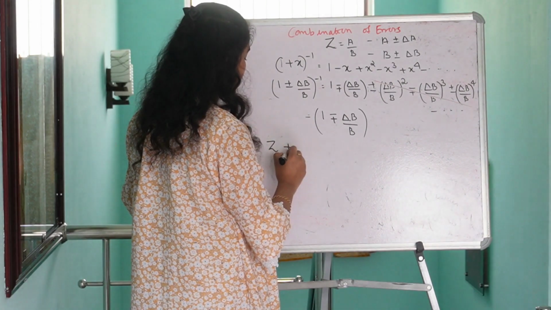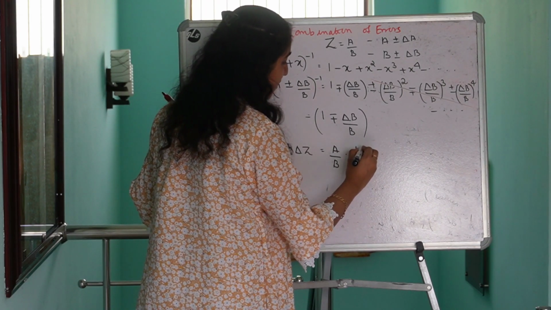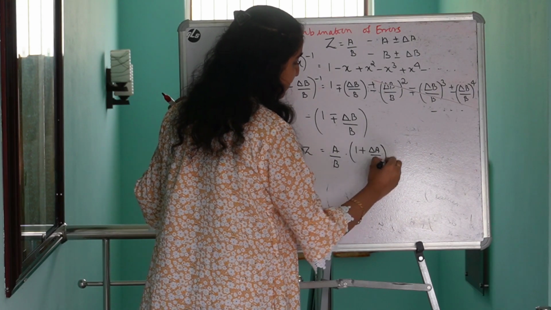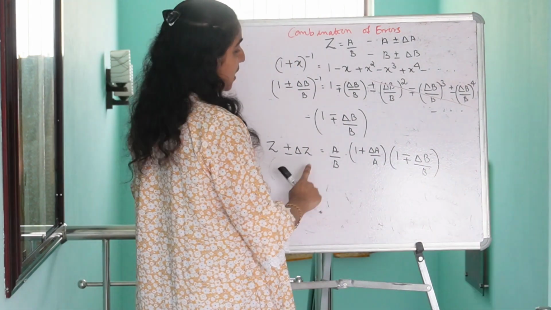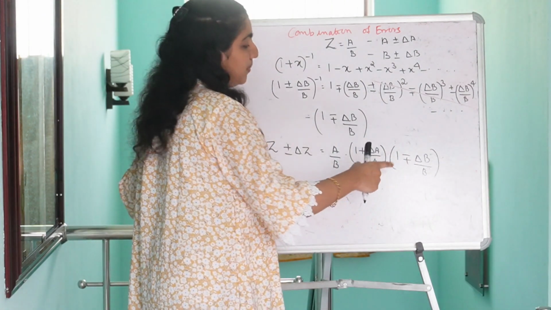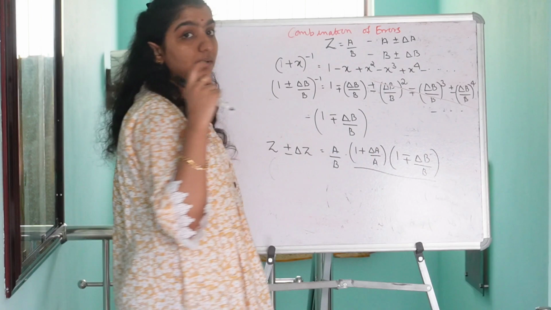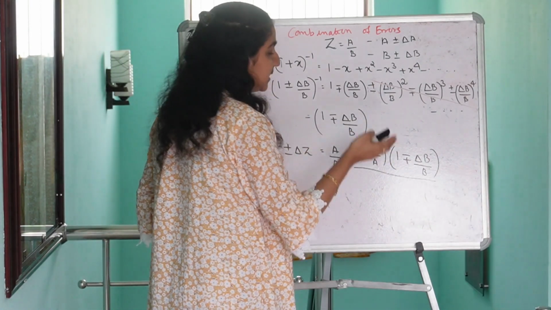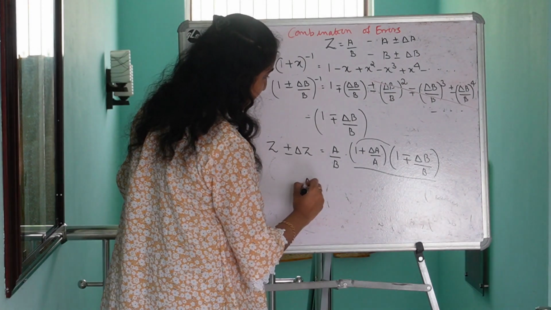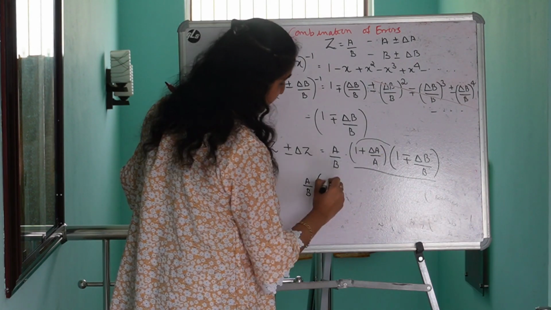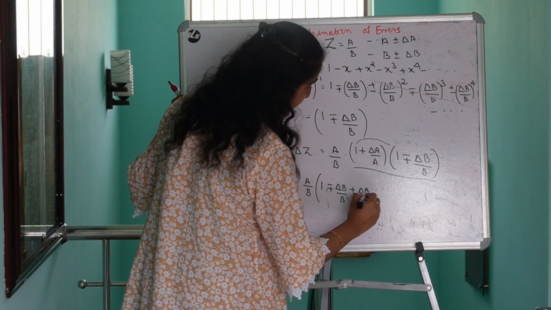So now the equation becomes: z plus or minus del z is equal to a divided by b into 1 plus del a by a into 1 minus or plus del b by b. Up to this, yes. Now I am going to open these two brackets. How do we open brackets when we are multiplying two terms? We have to multiply each and every term in one bracket with all the terms in the other bracket. So we will get 1 into 1 as 1, let a by b remain there, 1, and 1 minus or plus del b by b, again del a by a,